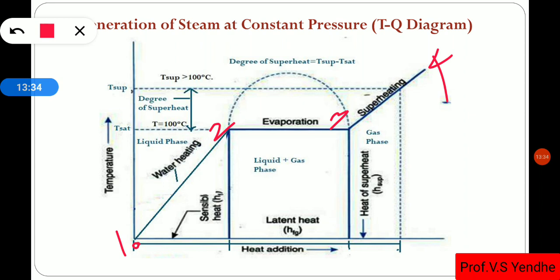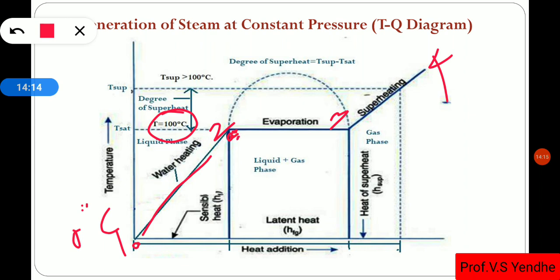As we have seen in a previous chart, that is the water which is at 0 degree Celsius. After that we have started to heat the water. Then we will see a straight line graph from 1 to 2. This is the heating of water. At point number 2, at 100 degree Celsius, water starts to boil, and we will find the mixture of liquid water plus gaseous steam. That means it is a liquid plus gas phase at point number 2.